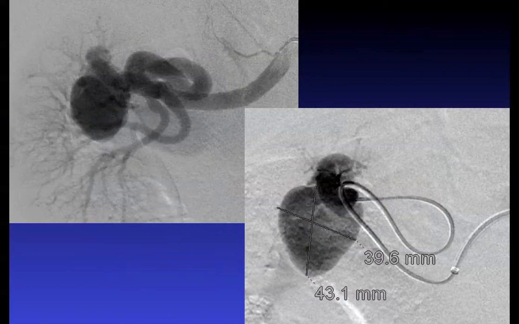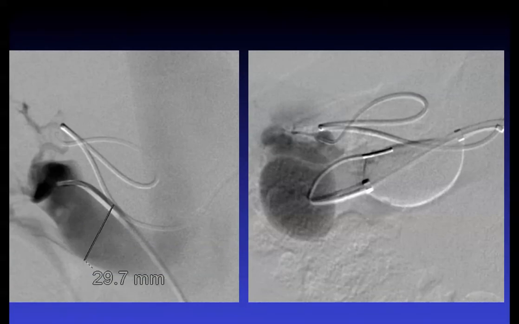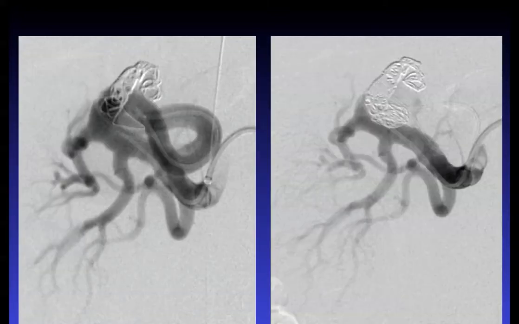So in this case, again, getting stable access is key. We have a guiding catheter all the way out here. We have a glide catheter out into the distal renal artery, and the anatomy was very fortuitous here. There's very little renal parenchyma that's being supplied by this branch, and so we can actually occlude the fistula and occlude the aneurysm by occluding the inflow. So here we used a large coda balloon to occlude the renal vein simultaneously while we're doing the embolization procedure, and we're able to occlude this